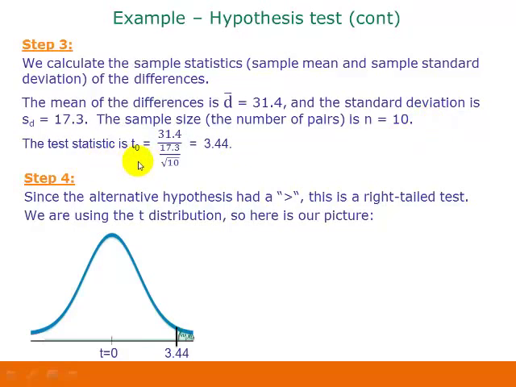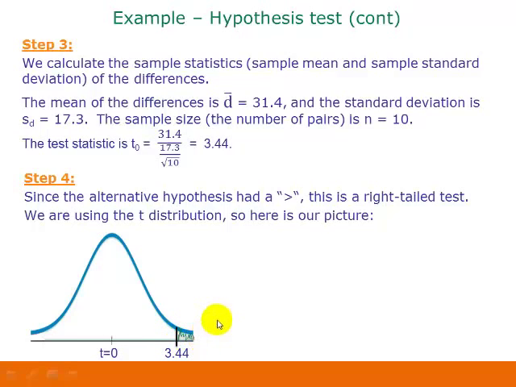So our test statistic, again it's t sub naught, is 31.4 divided by 17.3 divided by the square root of 10. That turns out to be 3.44. For step 4, since the alternative hypothesis had a greater than, that makes this a right-tailed test. And we're using the t-distribution this time, so here's our picture. We have our t-distribution with t equals 0 in the middle. Here is our test statistic, and since this is a right-tailed test, we are shading from our test statistic to